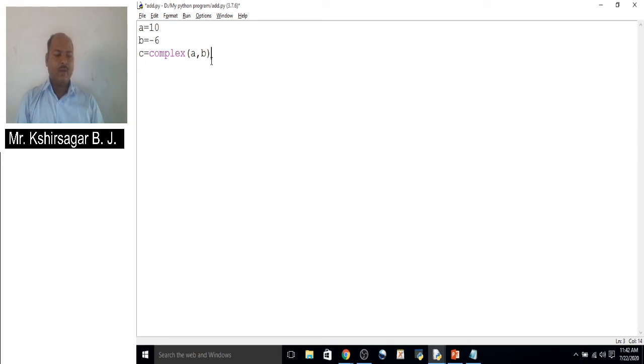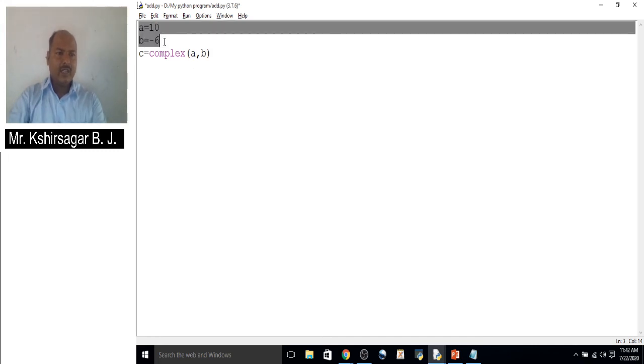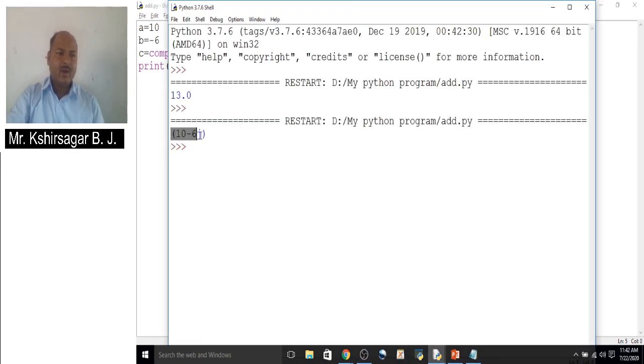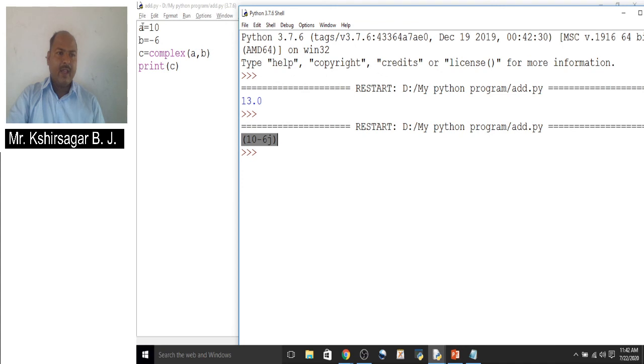Here we have converted the two integer numbers 10 and minus 6. So 10 becomes the real part and b becomes the imaginary part. If you display the value of c, print c, look here, it becomes a complex number. a equal to 10, b equal to minus 6, c equal to complex a comma b. A is the real part, b is the imaginary part.